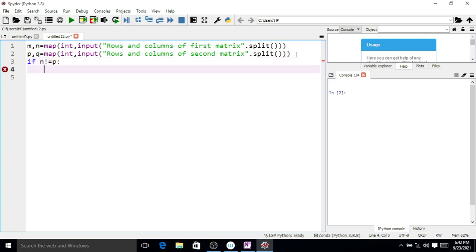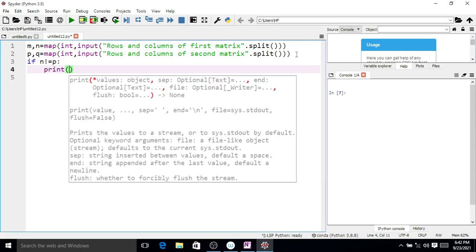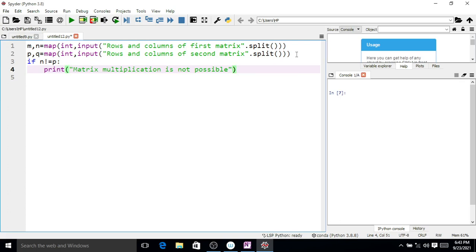then we want to display the message: print matrix multiplication is not possible. This message we are going to display if the number of columns of the first matrix is not equal to the number of rows of the second matrix. Now else,